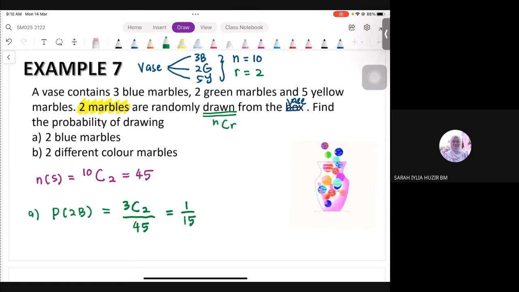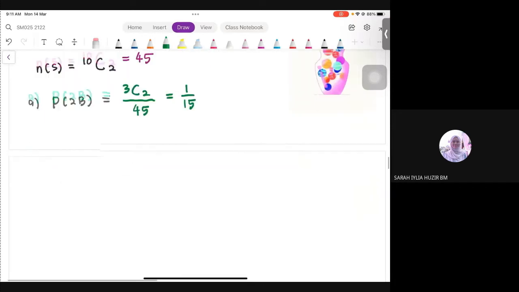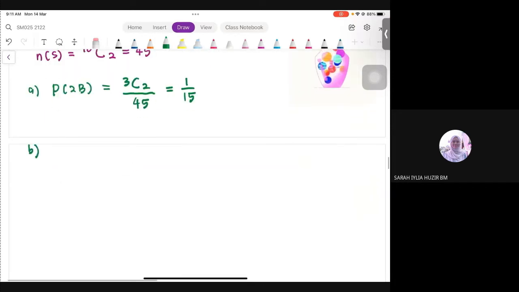2 different color marbles. So dia tak ada letak syarat yang very specific what is the color, but then we have to ensure both marbles that we choose would have different color. So out of 3 kita kena pilih 2, tapi color tu dia tak tetapkan. So in this case, better kita construct table. Why? Because we have more than one case. Macam saya pesan topik combination hari tu, kalau kita ada lebih daripada satu case, better kita construct table